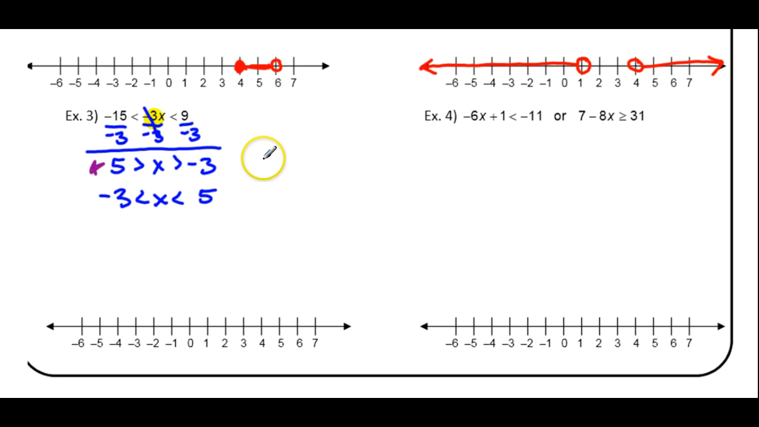Okay? So in this case, we're going to say the set of all x's such that 5 is greater than x and x is greater than negative 3. There we go. Okay? Alright, so for the graphing,